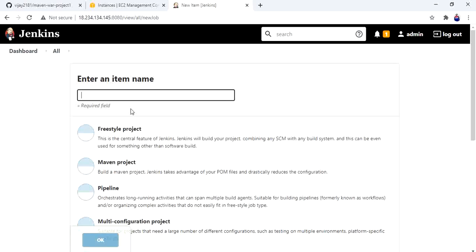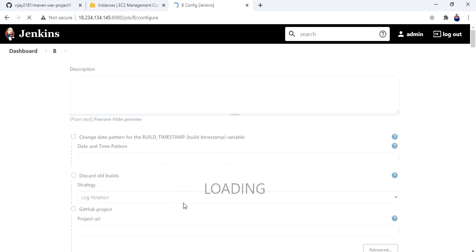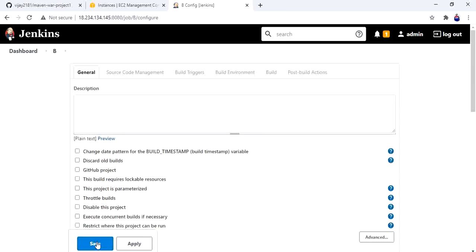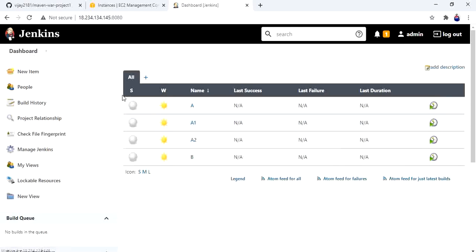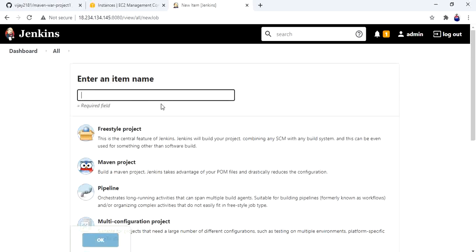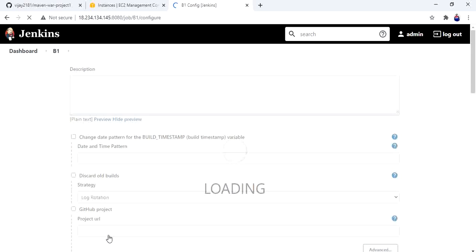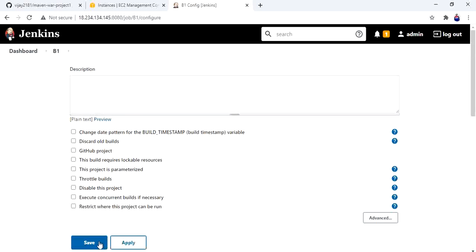New item. Select B, freestyle project. You can skip this part up to B2. B1. Save.